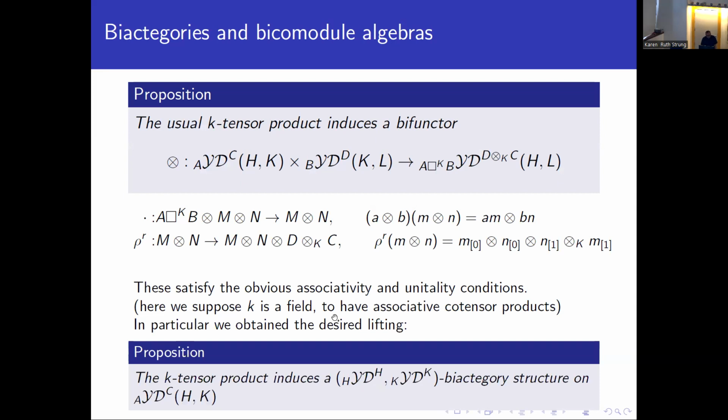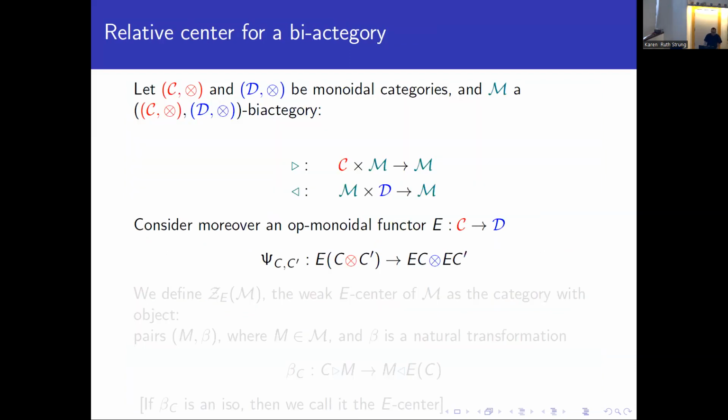And from here you can see that this generalized YD module category is not a monoidal category, but it's a bimodule category, or we call it a bicategory, where the module category that acts from the left is the category of usual modules over H, but from the right it is, well, not necessarily the same YD module over H, but it could be a different YD module, but still the usual YD module. So the idea to find the center of the generalized YD module, we need a center of a bimodule category in this case. So that's what we try to find.